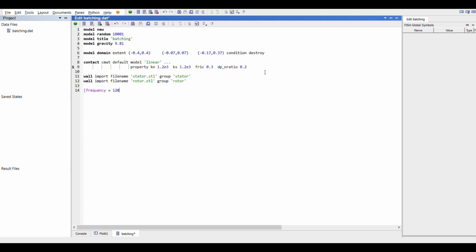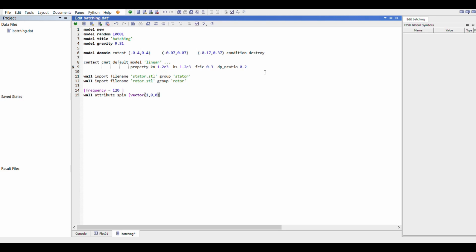I have defined a variable named frequency. This is the value of the frequency with which the rotor will be rotating inside the stator part. To assign this frequency to that rotor, we will issue the command vol attribute spin, assigning a value based on the conversion of frequency and spin. Spin equals 2 pi f, or 2 pi N by 60.